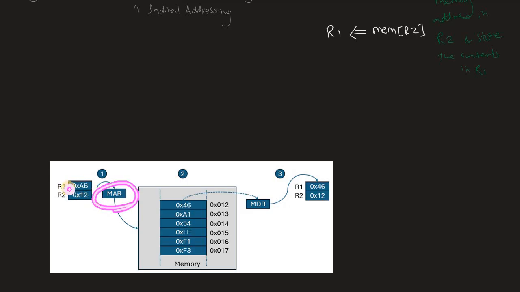So it is going to store the address of R2, and then the memory is going to read that address. Then the contents are going to be stored into MDR, and MDR is used to place in the memory, to be written to, or